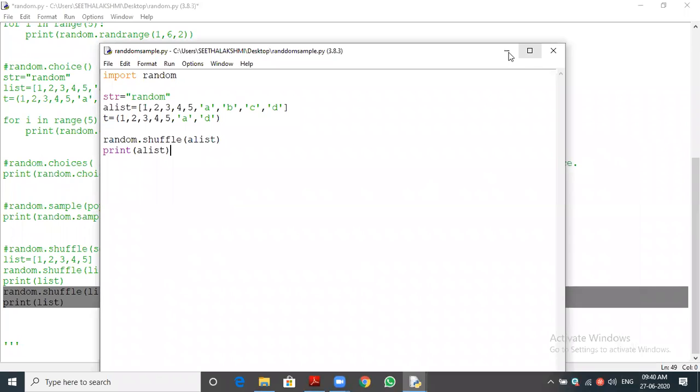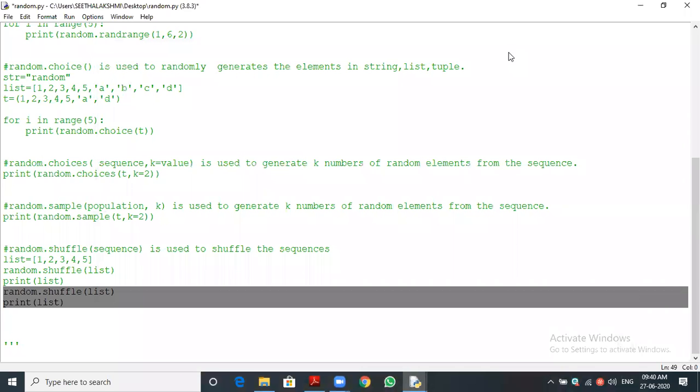Yes, sir. So that's all, students. We completed the 4th chapter. Do you have any doubts? Let me do a short recap. We discussed the module, how to create a module and how to create a package, and mathematical functions, int function, round off functions,